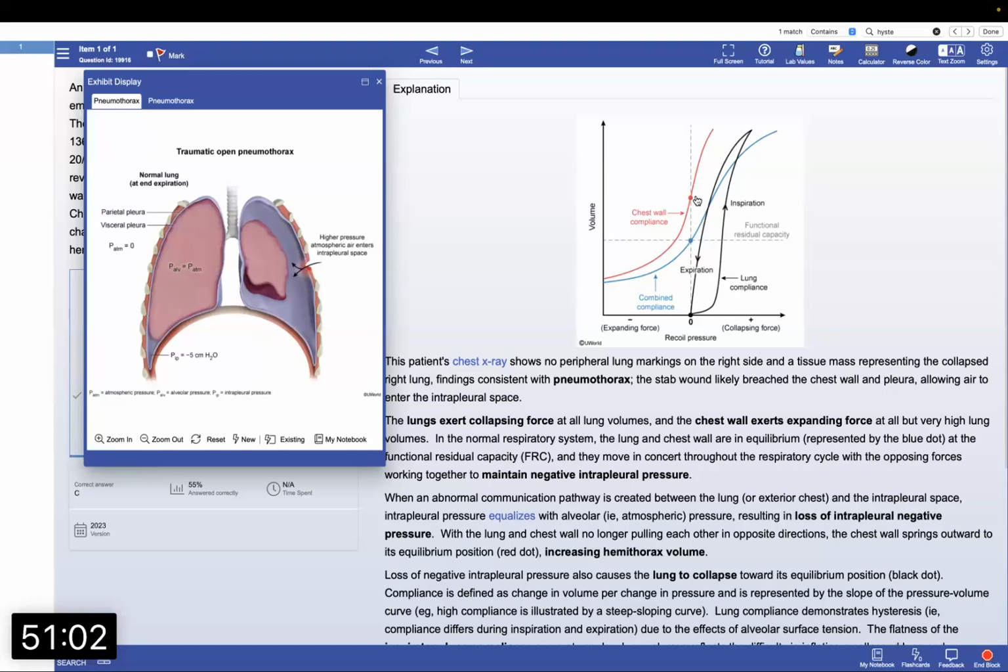My brain is not correlating. But so here, is the chest wall compliance increasing or decreasing? Compliance we said was the plastic bag. The chest wall will go to its resting state, which is springing outward. If it's springing outward,